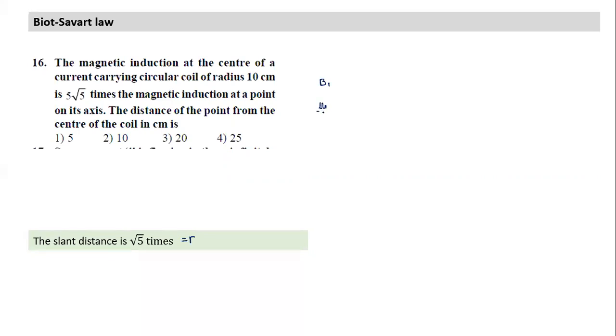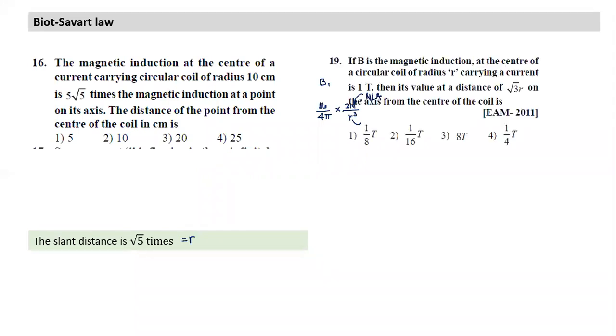this formula we must keep in mind. Always remember this. This is the third formula we have in this chapter. We had formulas so far for an arc of a circle and a straight element, and this is the third formula. We understand what R is: R is the inclined distance, and M is the magnetic dipole moment. Its magnitude is equal to NIA, and its direction is given by the right hand thumb rule.